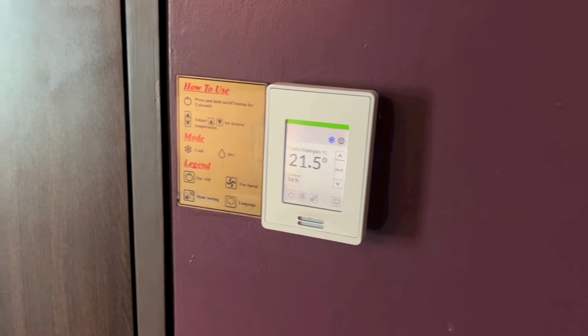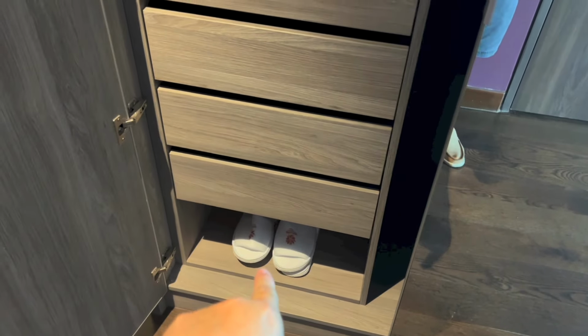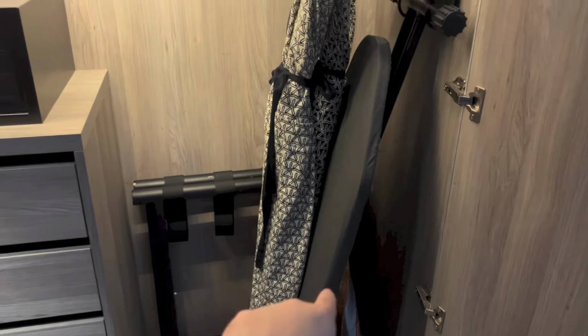Here we have the connecting room door with a power outlet below and the climate control panel right there. Opposite the climate control panel, we have the wardrobe area, and the doors of the wardrobe also double up as mirrors. Behind the left mirror, we have in-room slippers, drawers, in-room safe, torchlight, storage right above. And behind the right door, we have some storage, umbrellas, ironing board, bathrobes,